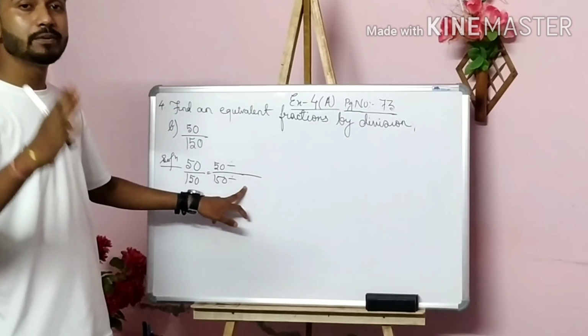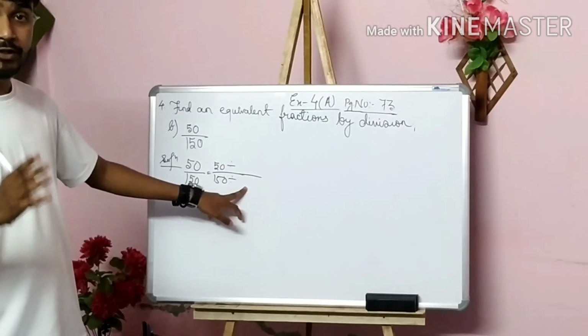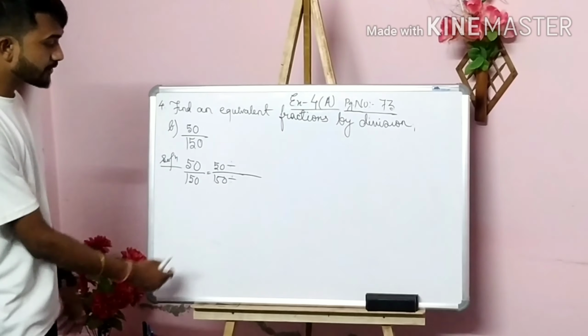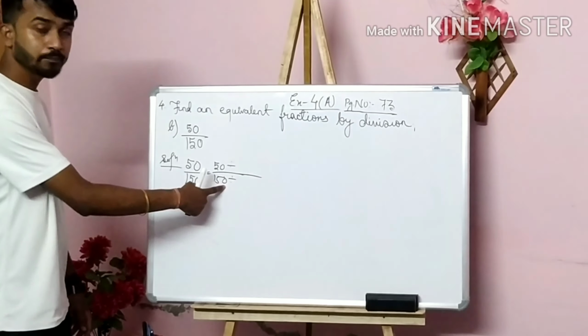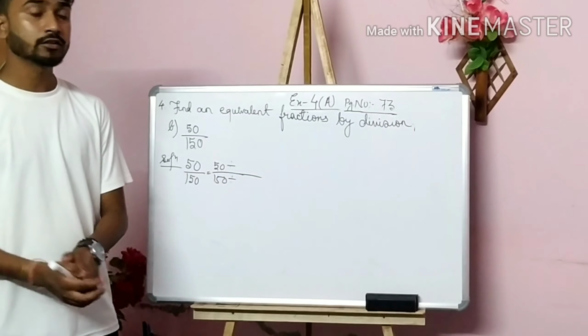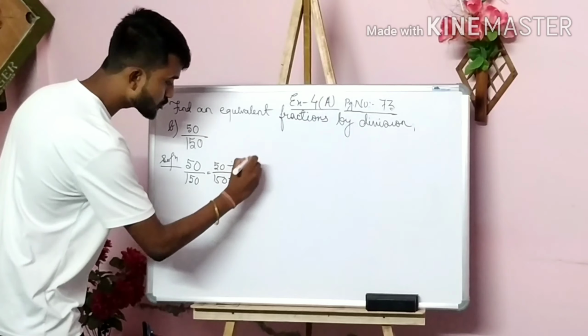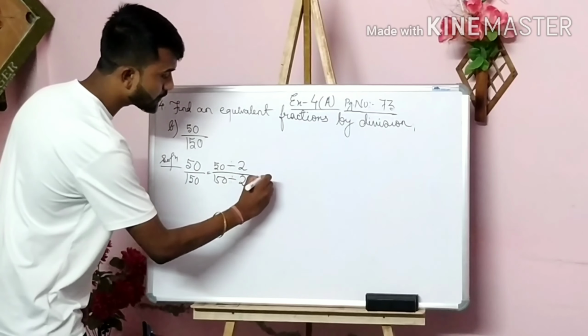You have to be specific with that number. So at least you have to think in your mind for that number. The last digit is 0, which means it can be divided by any number. It can be divided by 2. So I am taking 2. I have written 2 here, and I have written 2 here once again.